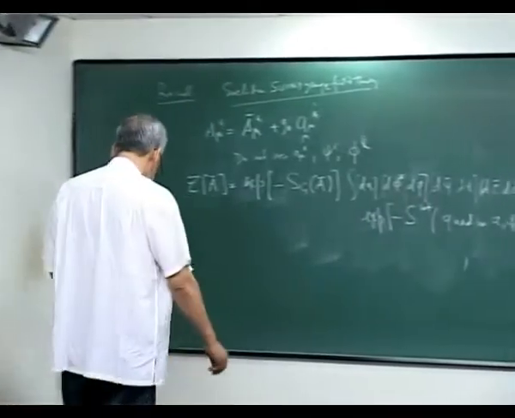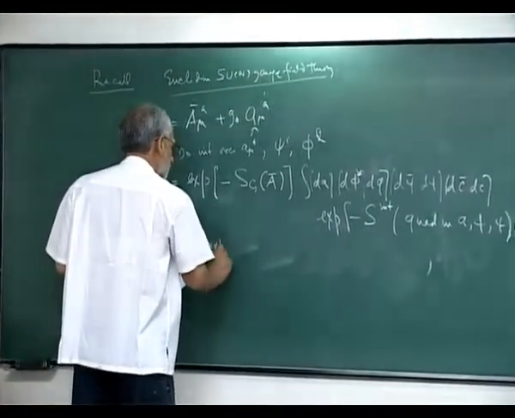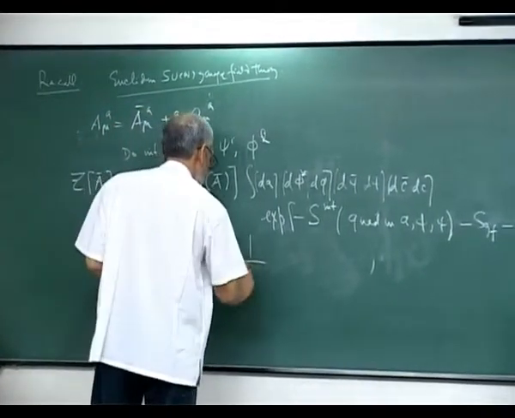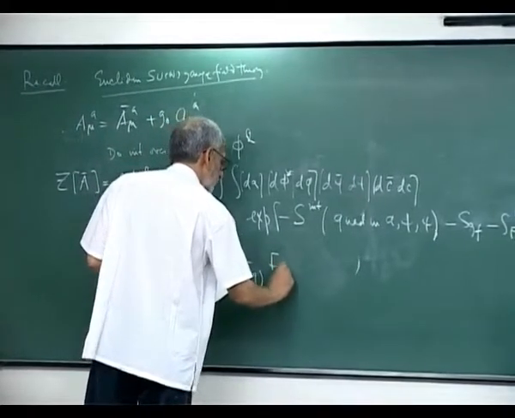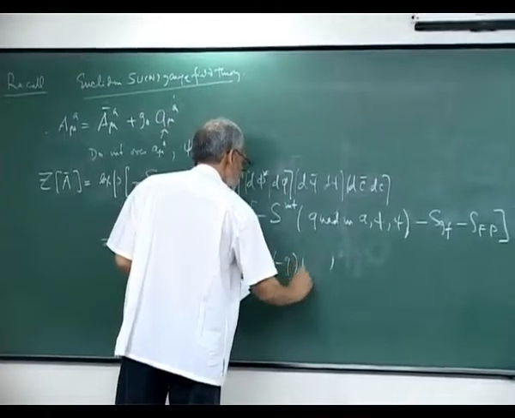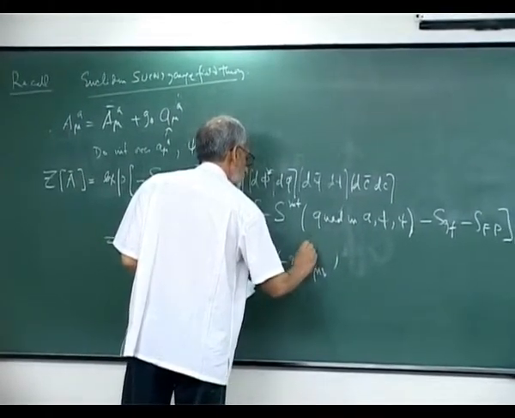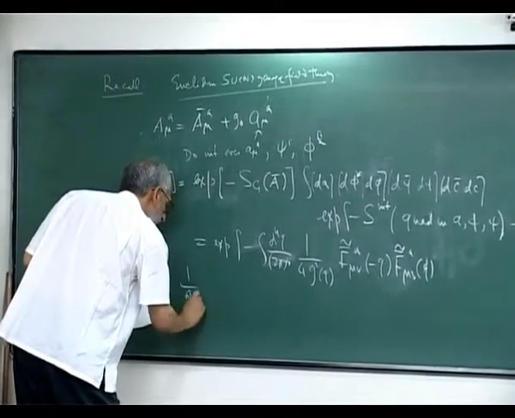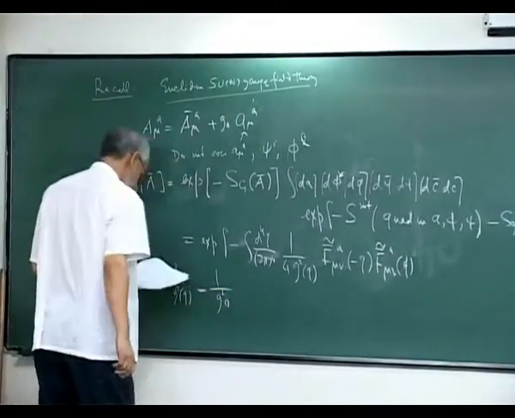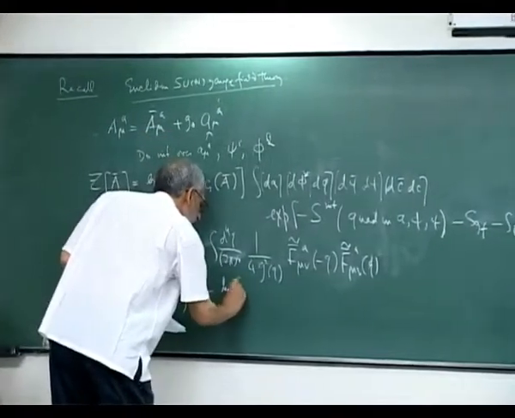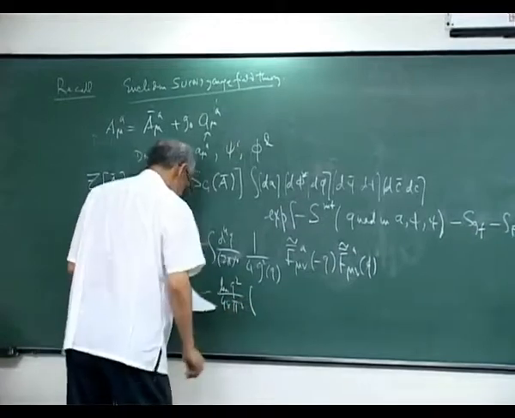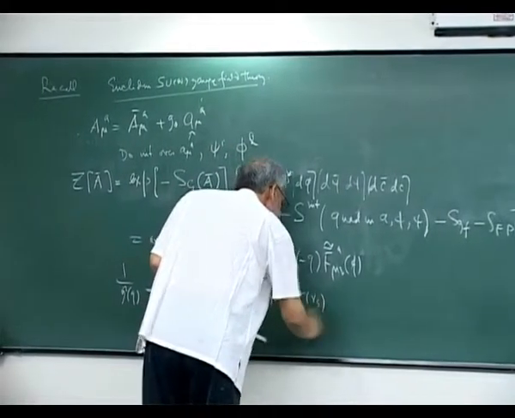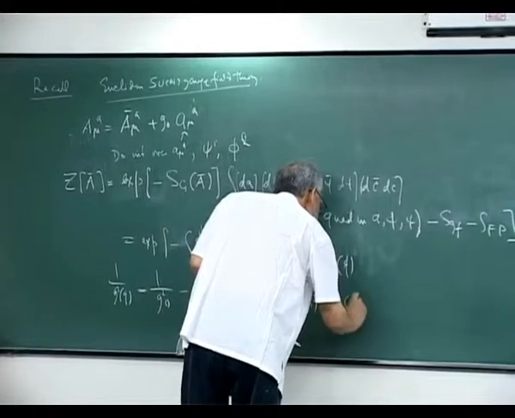And the answer I claimed that time was that this can be written as exponential minus the integral d4q over 2 pi 4, 1 by 4 g square of q, F_mu nu tilde of minus q, F_mu nu bar tilde of q, with 1 by g square of q given by 1 by g square 0 minus log q square by 48 pi square times 1 minus 12 C_V plus C_RS plus 4 C_RF,